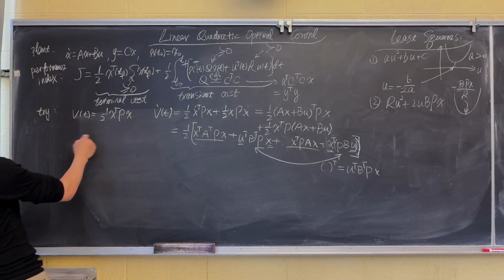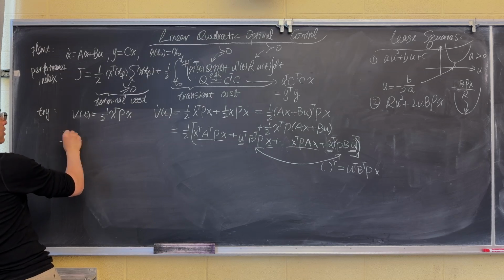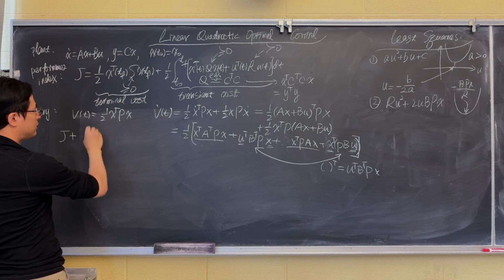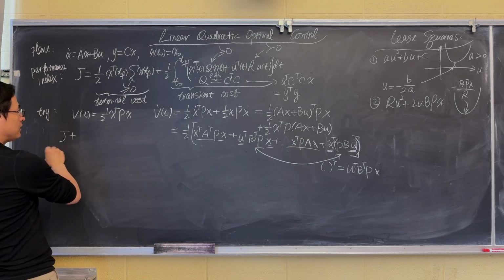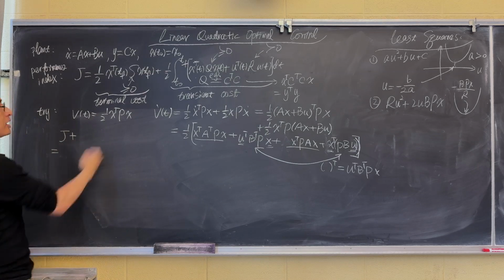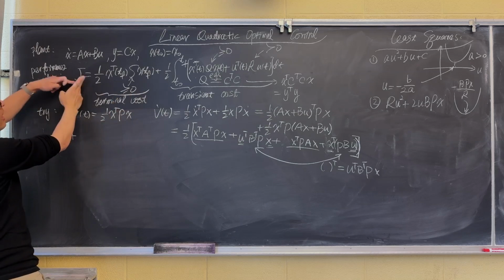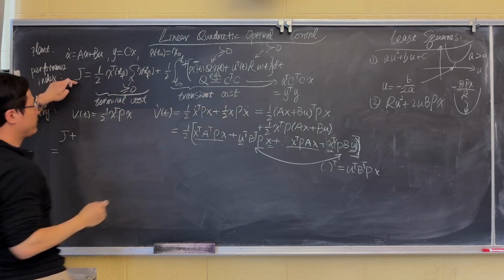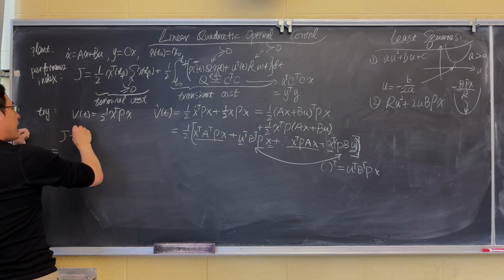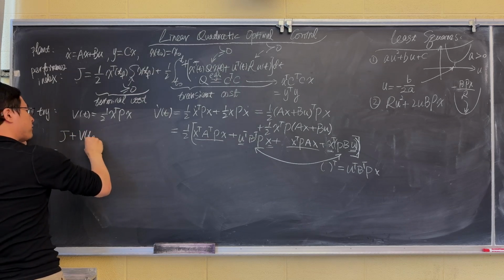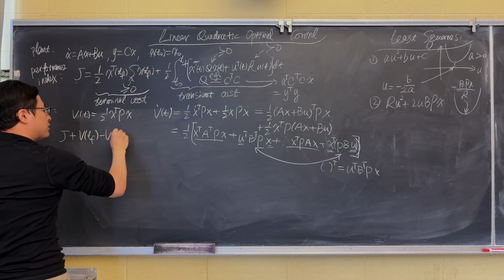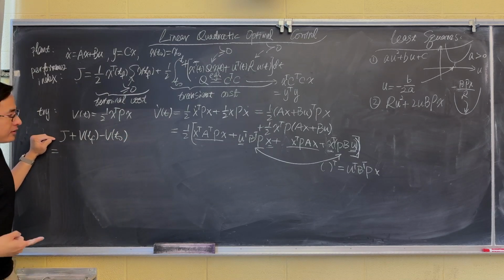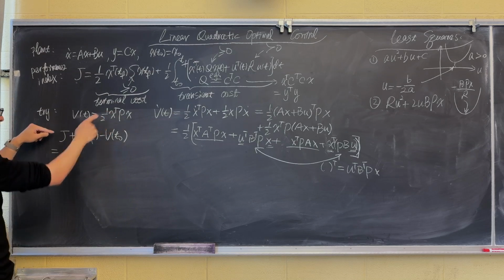So the way we're going to do it is J plus something on the left-hand side, and then it will equal something on the right-hand side. So I'm going to add something on the left-hand side and add the same thing on the right-hand side. All right? I'm going to add V(TF) minus V(T0) on the left-hand side. And on the right-hand side, I am going to